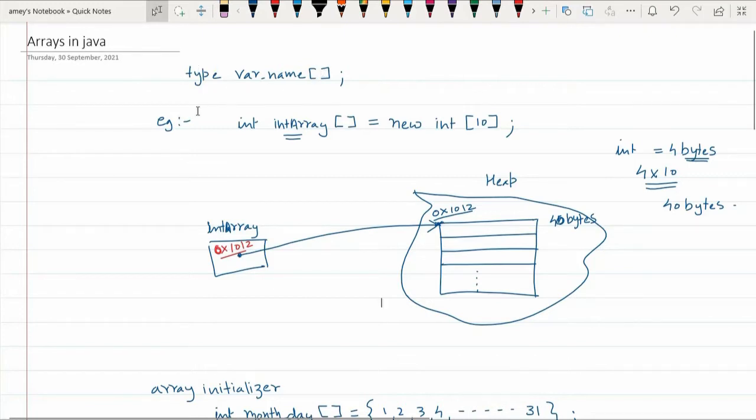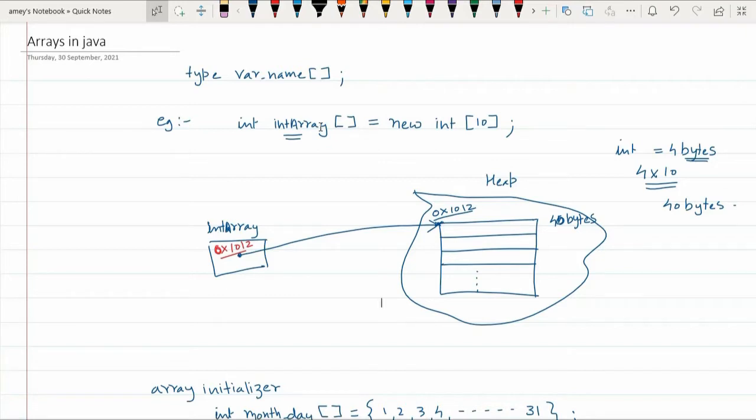Now, an example of an array is this: int array equal to new int 10. However, remember that when I write only the left hand side, int array, this actually does not create any array. int array is basically a reference name, like how we have pointers in C++, and there are something called reference variables.